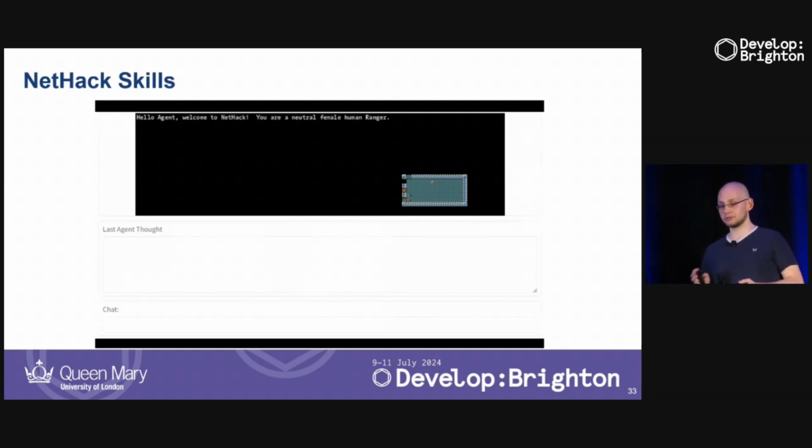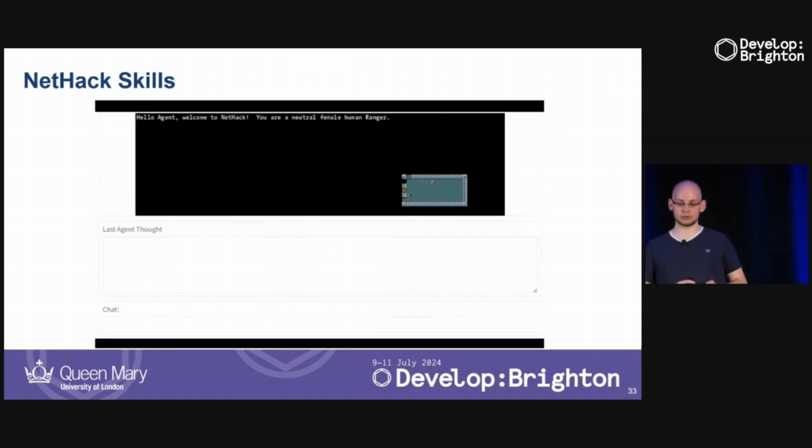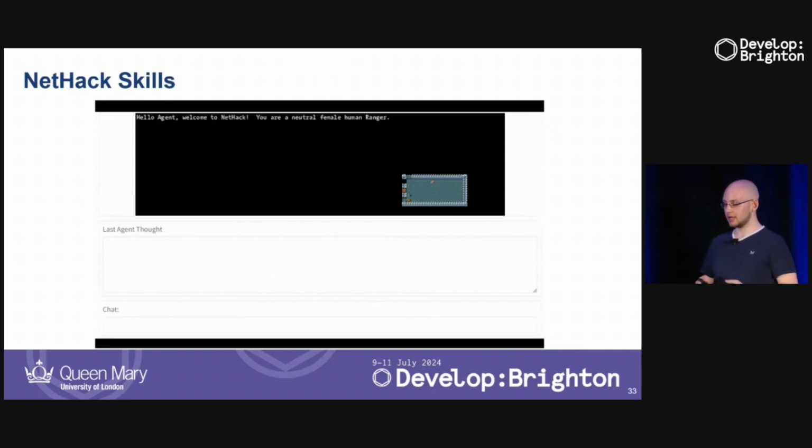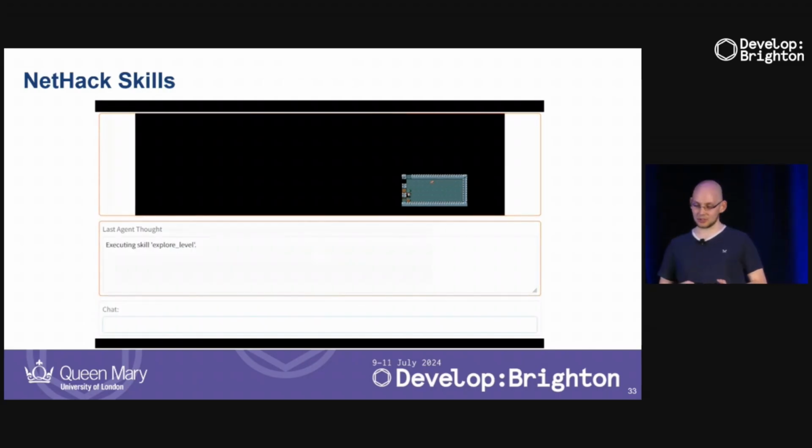The next thing I want to talk about is skills, right? The skills that we give the large language model access to so it can actually play the game in a more high-level manner. What I'm now going to show you is not the language model playing the game, but me playing the game using the skills I've just implemented. The first skill I'm going to show you is the explore level skill, which is the most complex skill I had to implement, which, as the name says, explores the level.